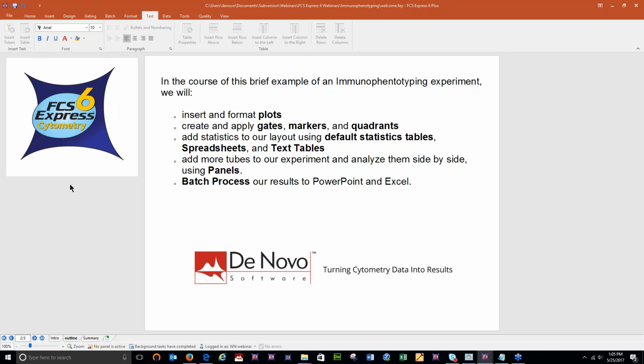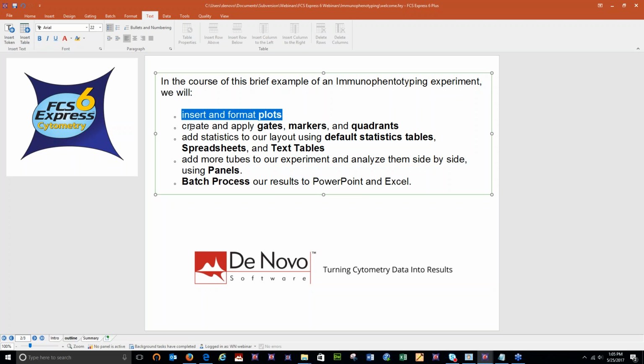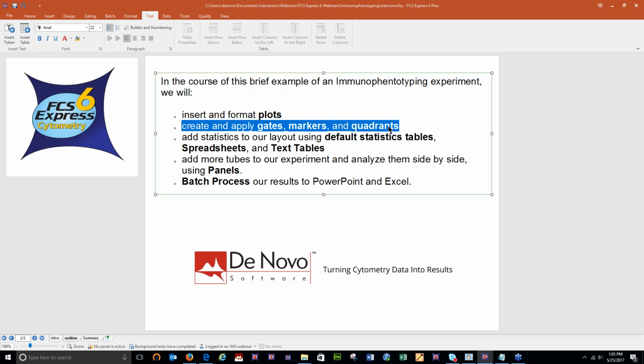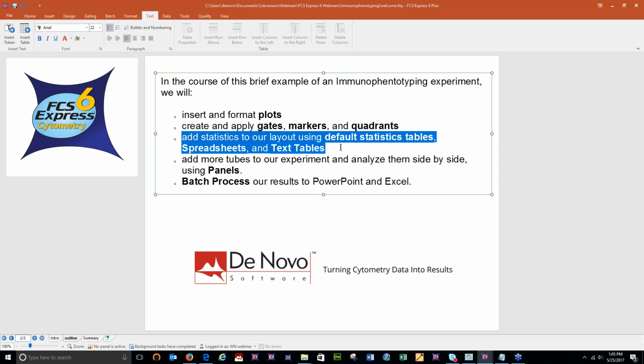Okay, so what we're going to cover today is we're going to start out from a blank layout, and we're going to be starting out by inserting and formatting plots. Then we're going to create and apply gates, markers, and quadrants. We'll add statistics to our layout using the default statistics tables, spreadsheets, and text tables. And